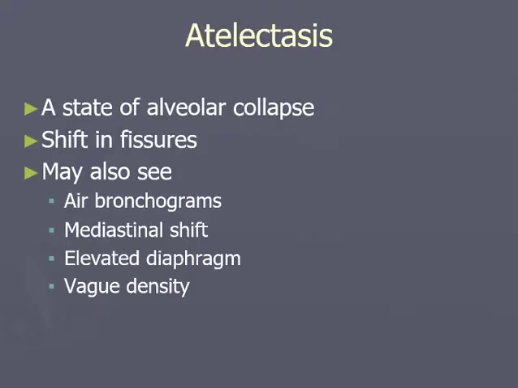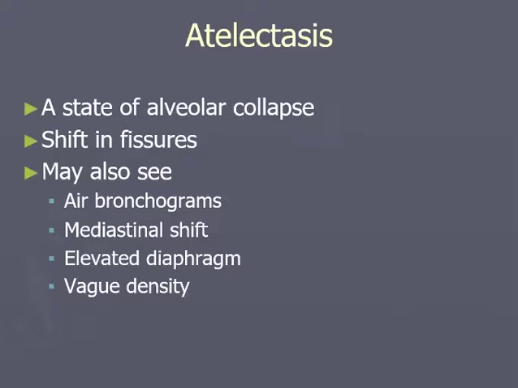And let's talk a little bit about diseases that we'll see in the lungs. The first one is going to be atelectasis. Atelectasis is a state of alveolar collapse, which means that the alveoli, the grapes that hold all the air where the capillaries are surrounding these air pockets to exchange gas, have collapsed. They're just full of mucus. There's no air present in those little sacs. And because it's collapsed,